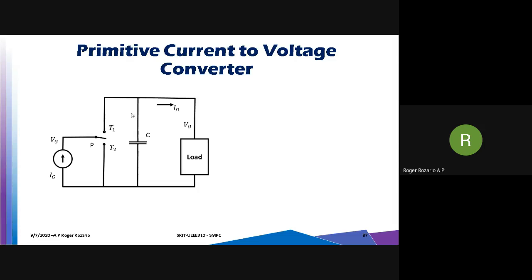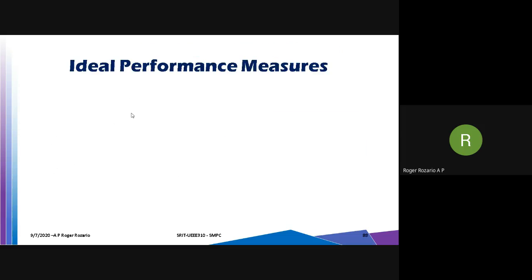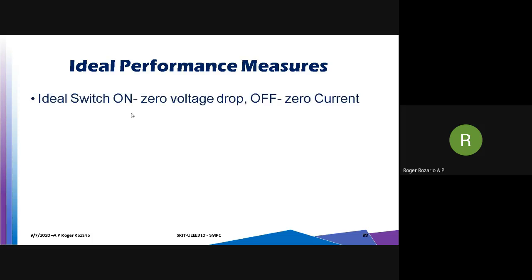So this is the strategy of operation we followed, and this is the dual of the inductor configuration. The capacitor should always be connected between T1 and T2, considering the circuit theory principle that the capacitor voltage should not be shorted. Again, the input quantities here were Vg and Ig, since we are using a current source here, and the output average quantities are V0 and I0. These are all the basic configurations we discussed: a primitive voltage to current converter and a current to voltage converter. And we are trying to derive the ideal performance measures for any converter. In our case, it is a voltage to current converter.